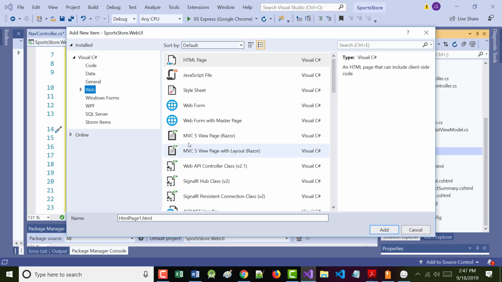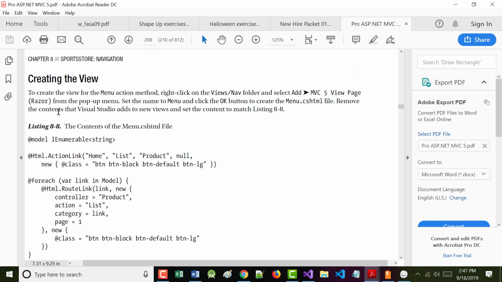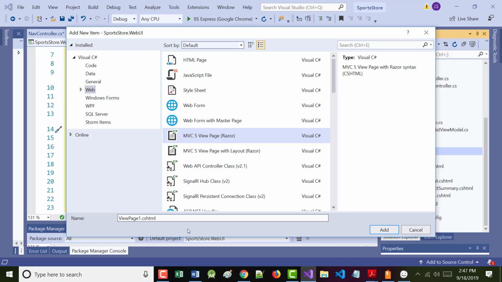I don't remember which one. Let's see. Did he say it was under Web? Yeah. Okay. Add MVC5 view page with Razor from the pop-up menu. MVC5 view Razor, and he wants the name to be Menu.